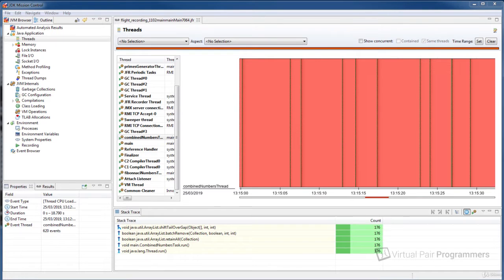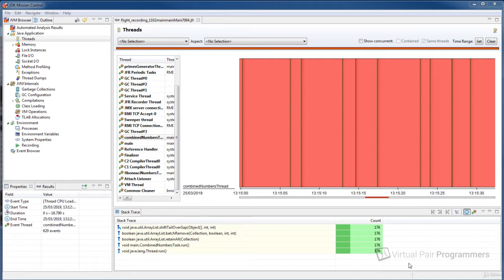So at this point then, we've got some hints as to what's wrong. We now want to go and amend our code, hopefully try and fix some of these issues, and then look at it again in the profiler. Now, if you want, you are very welcome to stop the video and have a go at trying to improve this application. I don't think there's really time, and it would probably be a bit boring for you to watch me do that. And actually, I'm not going to fix all of the issues in this application, but what I